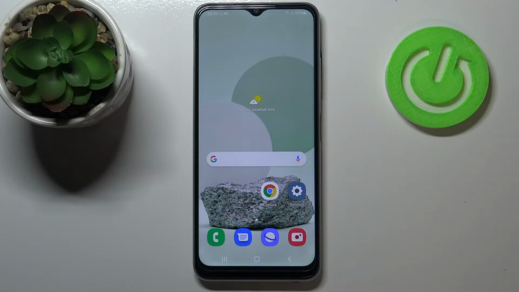Hi everyone, here we've got Samsung Galaxy M22 and let me share with you how to show or hide caller